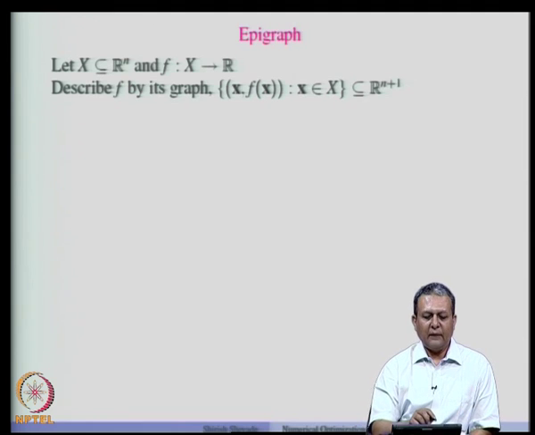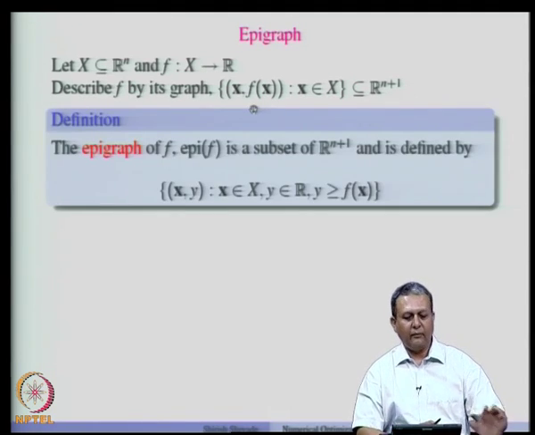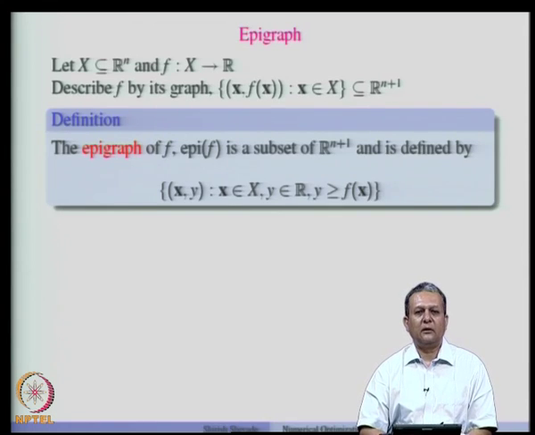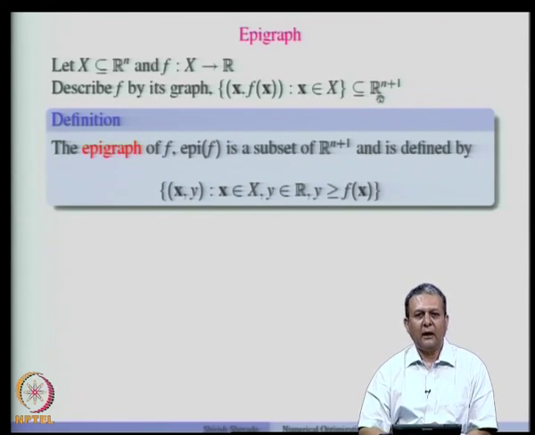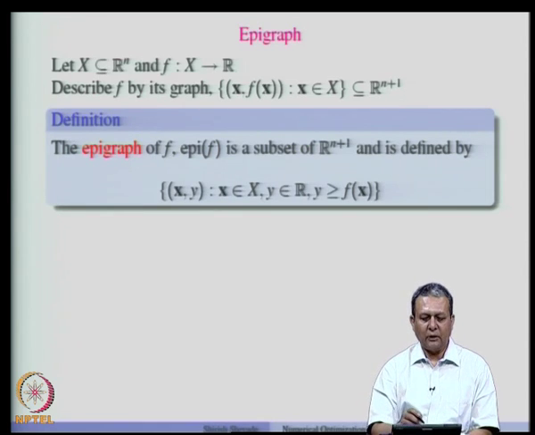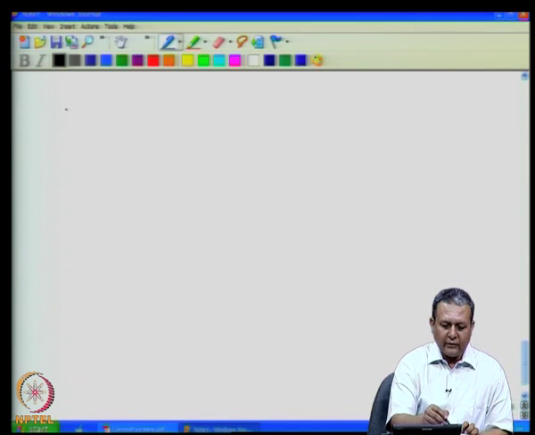Now, suppose we describe the function by its graph like this. Then the epigraph of a function is a subset of R^(n+1), and is defined as the set of all points (x, y) in the n plus 1 dimensional space, so that x belongs to X and y is a real number and y is greater than or equal to f of x. So, if you take a function,